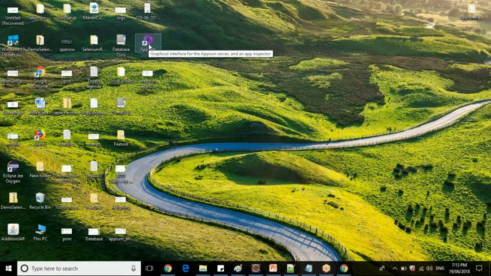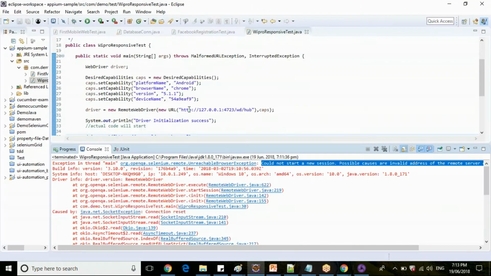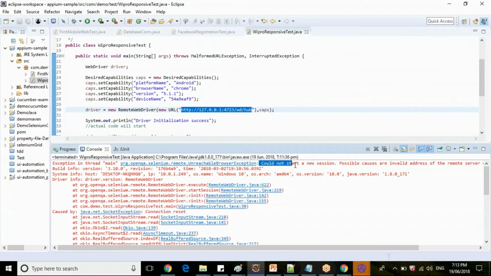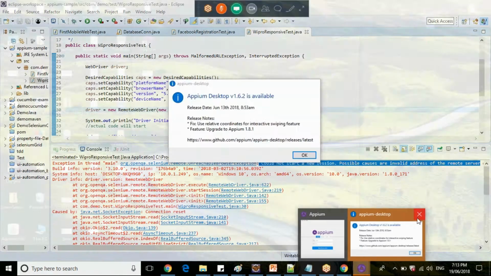Because you are starting your APM server here, correct? Now I have stopped this APM server. That's why it is not able to recognize your APM at this particular URL. That's why it is saying could not start a new session. Possible causes are invalid address of remote server. Either you have specified this address as invalid, or your APM server is not started.